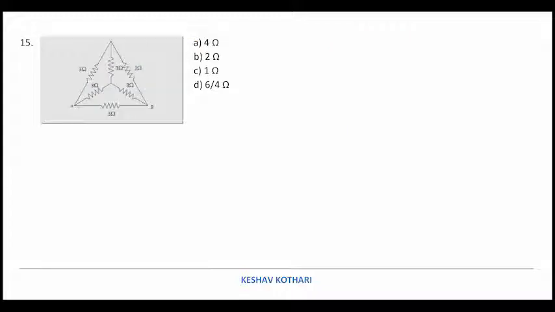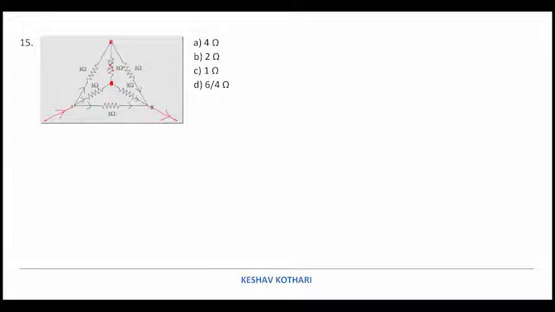So in this circuit, we are looking for symmetry. If you understand the symmetry method, it is a very simple question to solve. If the current is entering at this end and leaving on the other end, we find that when it enters this end, it finds 3 identical networks like this. It must be noted that the current in each network is not going to be the same. Similarly, when the current is reaching B, it is coming back through these 3 networks. So following the rule of symmetry, I can say that these 2 nodes will be equipotential nodes, and hence this 3 ohm is not going to contribute to any flow of current, and we can remove it.